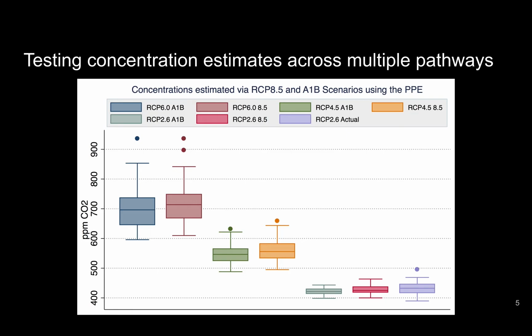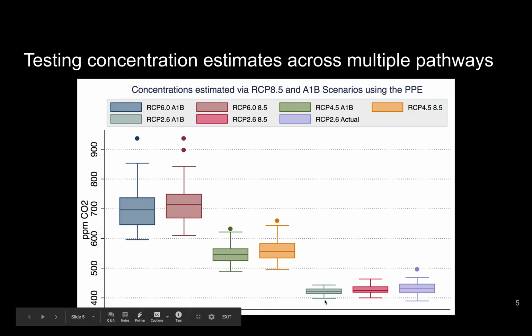So, picking the year in which the scenario reaches, say, RCP6 2100 CO2 concentrations, and looking at the spread of carbon cycle feedbacks in that year in that scenario, applied to both the A1B scenario and the RCP 8.5 scenario. So the first two bars show the RCP6 results in A1B and RCP6 results in the 8.5 scenario. Second two are for 4.5. And the last three are RCP 2.6 based on A1B, RCP 2.6 based on RCP 8.5, and